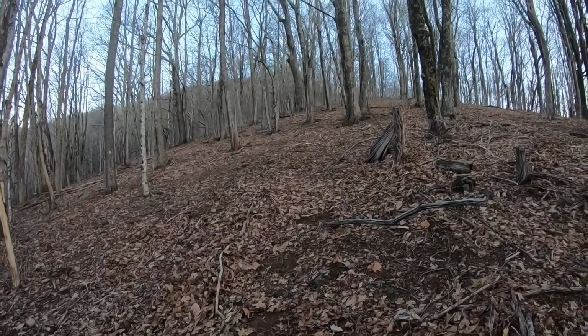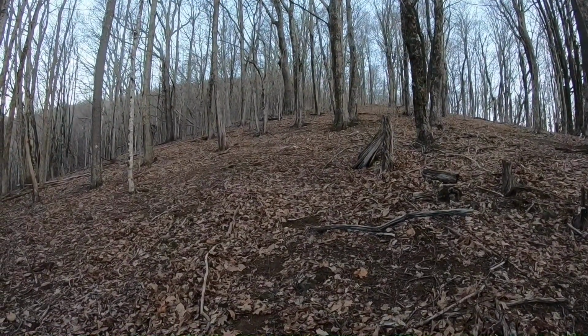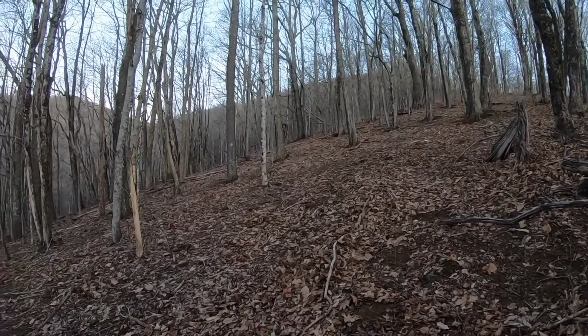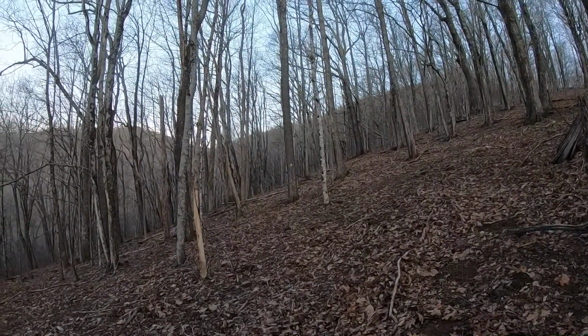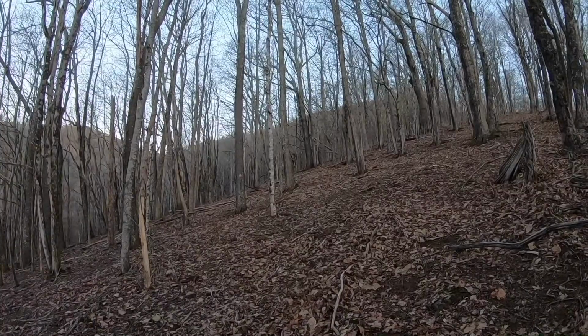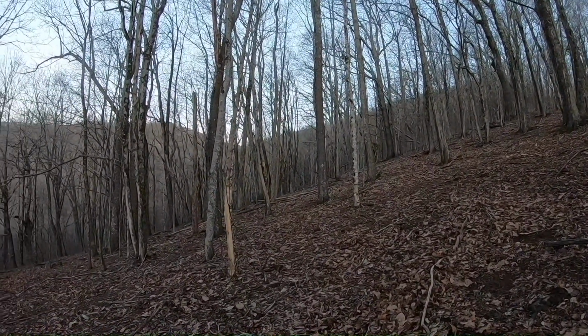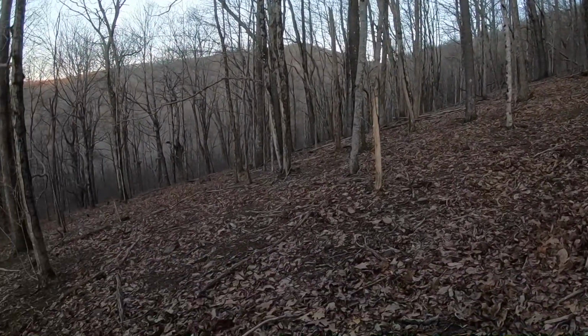We're going up this ridge. There's a bench up here. There's actually two benches up here, and in the past the turkeys have roosted up there. It's really steep off to the left side of this bench. This is where we're walking up on the left side, which would actually be the west side. It's super steep there, and the turkeys have roosted there in the past, but you can tell they've been working